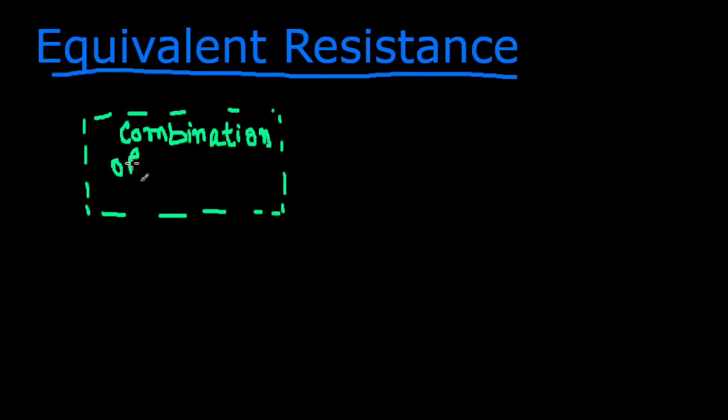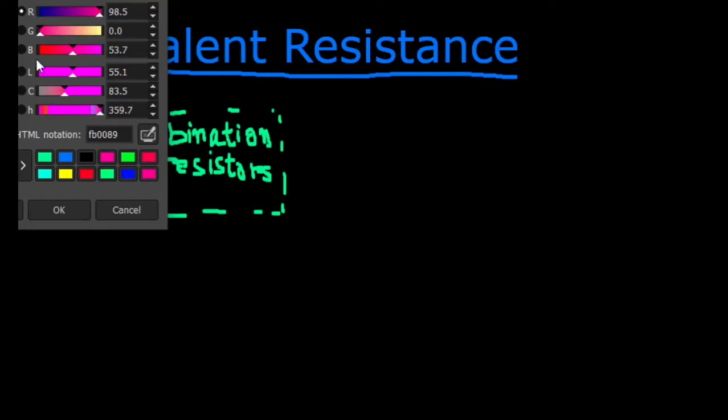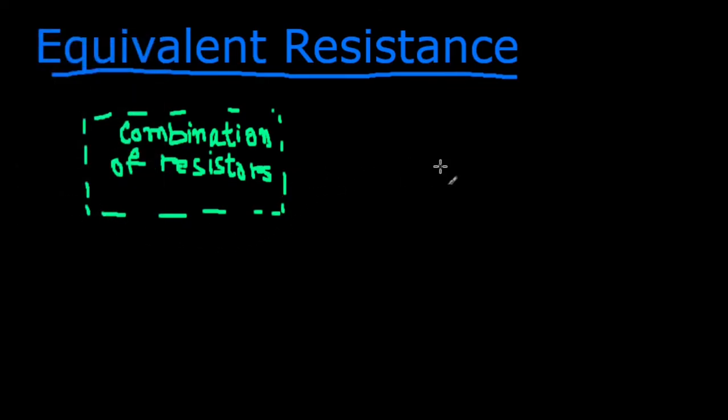It's hard to write that small. I should have actually used the text tool. But anyway, you have some combination of resistors, and to make this easier to deal with, we're going to